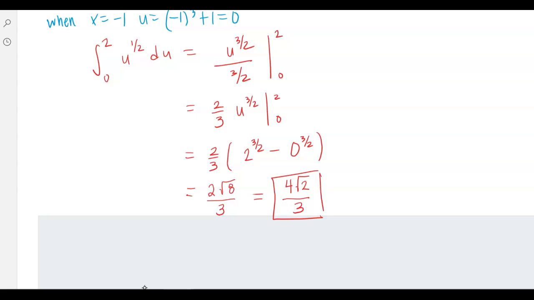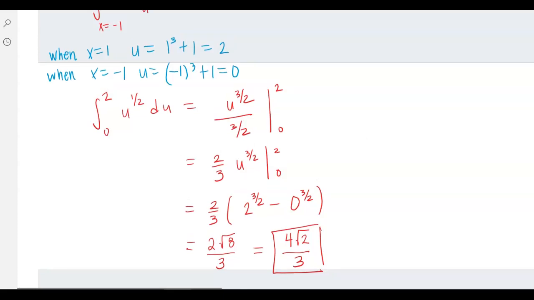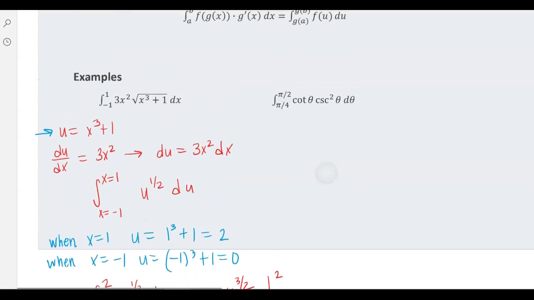Because we are looking at a definite integral here where we're trying to find a particular number, we don't have to worry about changing back into the original variable x like we did in the examples before where we had an indefinite integral. We just want to make sure that we change the bounds to match the new variable we're